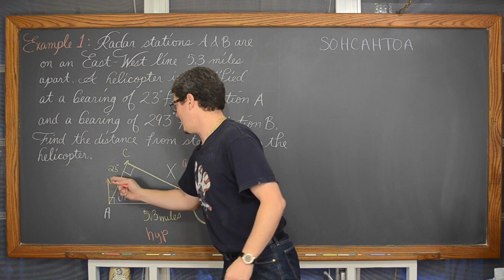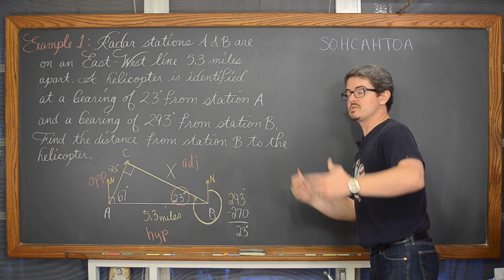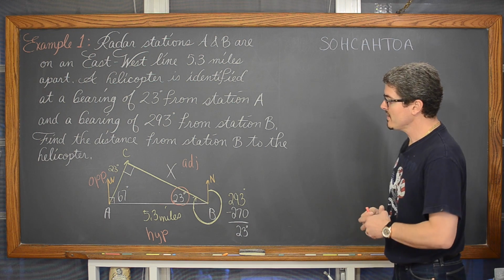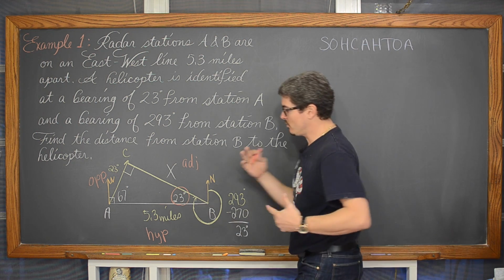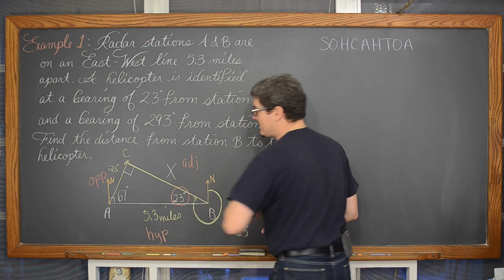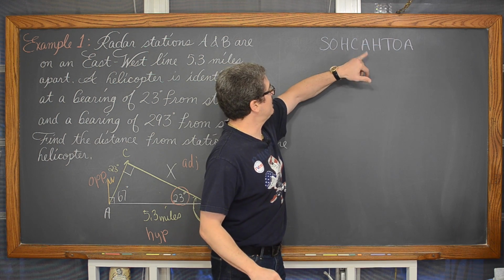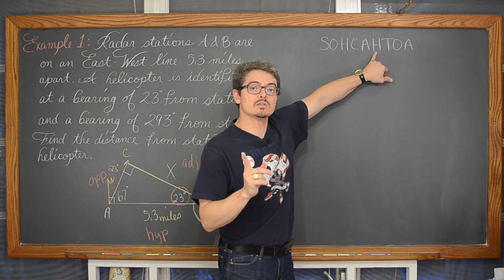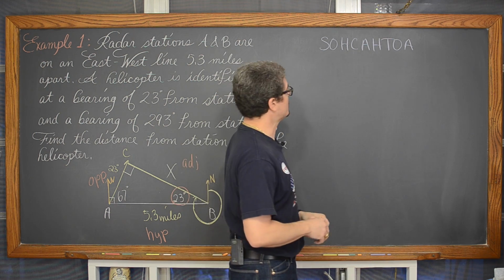And then over here on the opposite side, we have a length which maybe is interesting in another question, but we don't care about it here. What do you have and what do you want? I have a hypotenuse of 5.3 miles, and I want the adjacent side. Adjacent, hypotenuse, that means that we're going to use the cosine function to finish this problem.